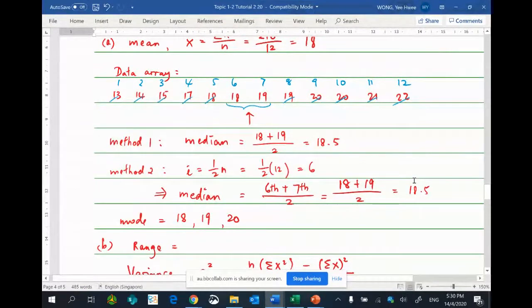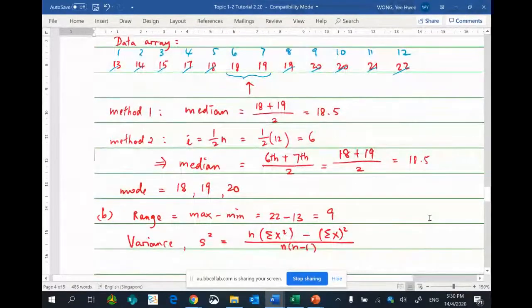Okay, now come to range. Range is you take the highest number, or you call it the maximum, minus the minimum number in the data set. That will give you 22 minus 13. So you get 9. Very straightforward. This is 9. The next number that you have